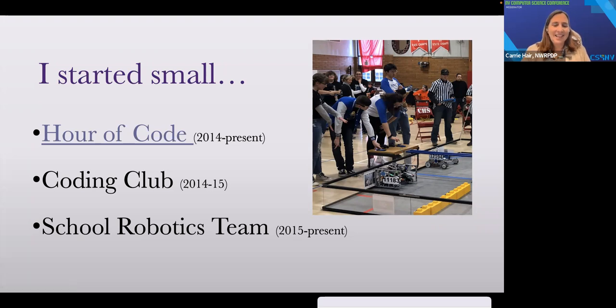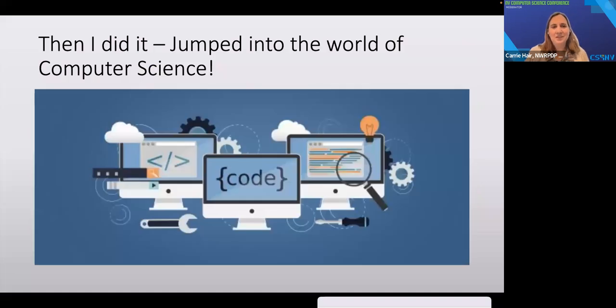And what that led to is we really needed computer science at our school. And in 2018, another math teacher and myself came together and said, you know what, we're going to get this going. He had a computer science background, so he started a course, and we both went and recruited and got one class going. And within 4 years, we had 7 computer science classes going. And that was so exciting for us to see how much the kids wanted it and how much it grew. Okay, and that's my story.